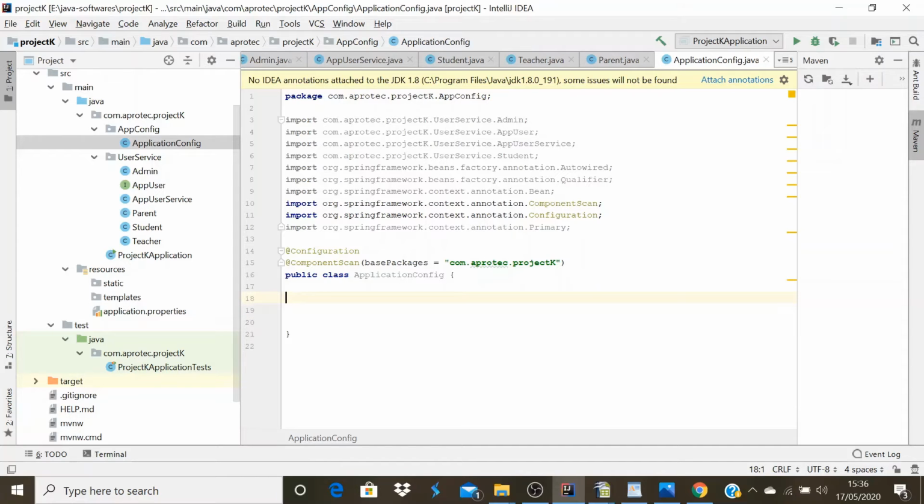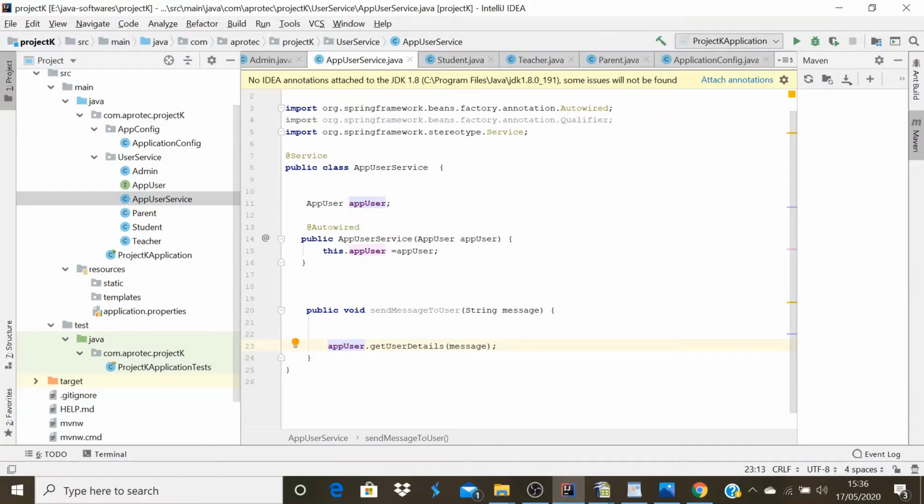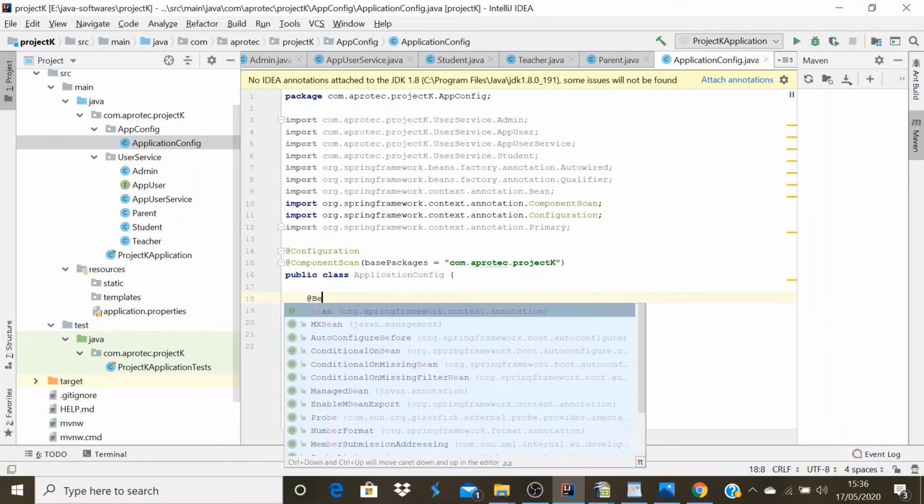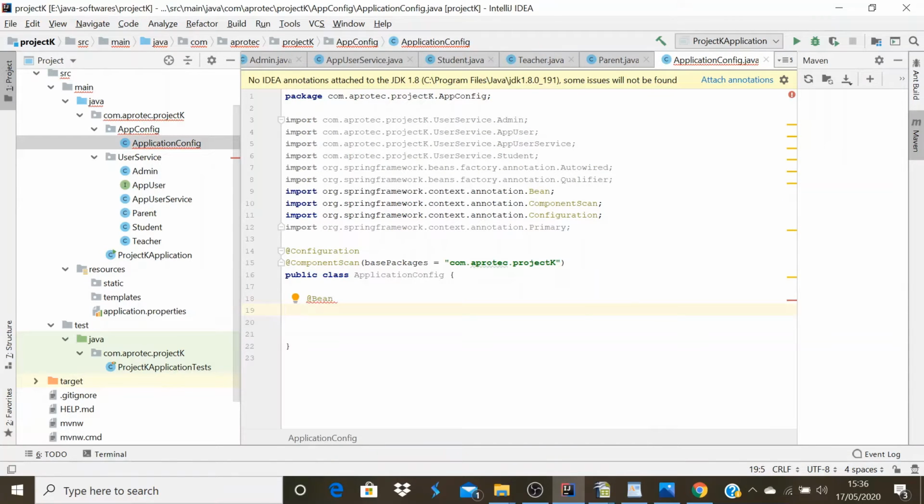So let me create a bean for the AppUserService, which will inject the admin bean here. To do that, let me add @Bean here. This will return the admin bean, so I need the return type Admin, and I will call the method of this bean admin.